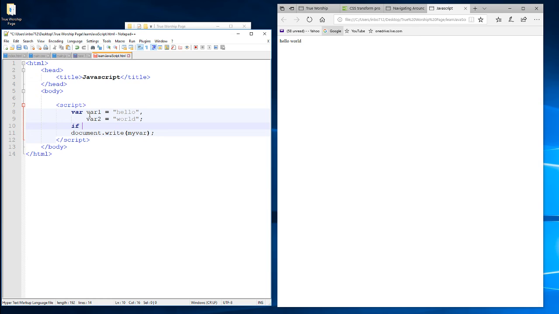If statements: you have the if there, and you have parentheses, and then you have curly brackets. Inside the parentheses is your test. All right, so if var1 is equal to, and it takes two equal signs. Why, I have no clue, but just remember that. With one equal sign, you're making this equal to that. Here you're testing if these two are equal, and it takes two equal signs. So that's something you have to remember. If var1 is equal to var2,